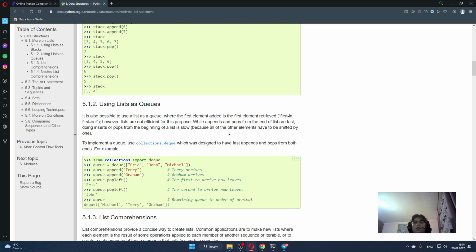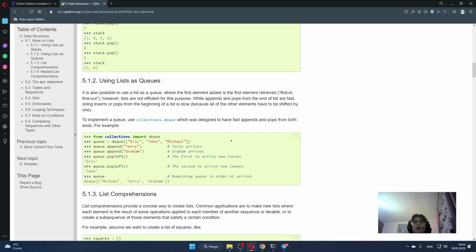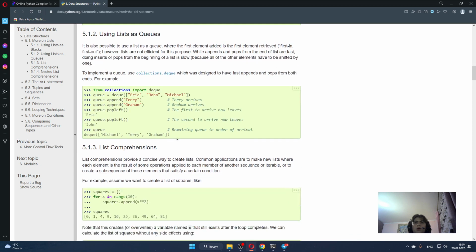While appends and pops from the end of a list are fast, doing inserts or pops from the beginning of a list is slow, because all of the other elements have to be shifted by one. To implement a queue, use collections.deque, which was designed to have fast appends and pops from both ends. For example,